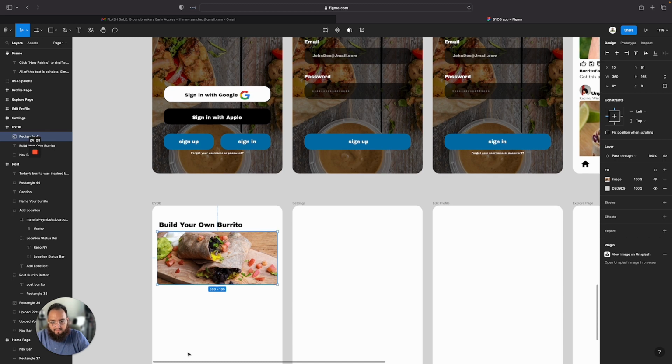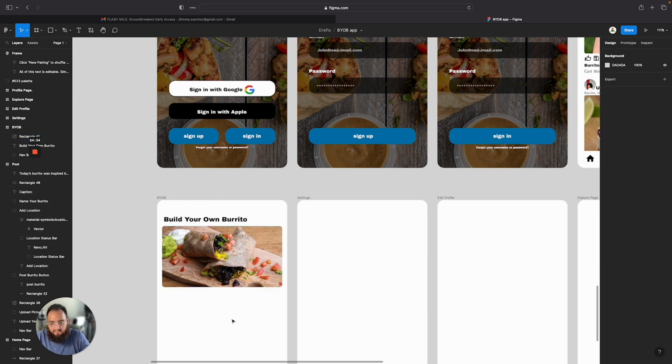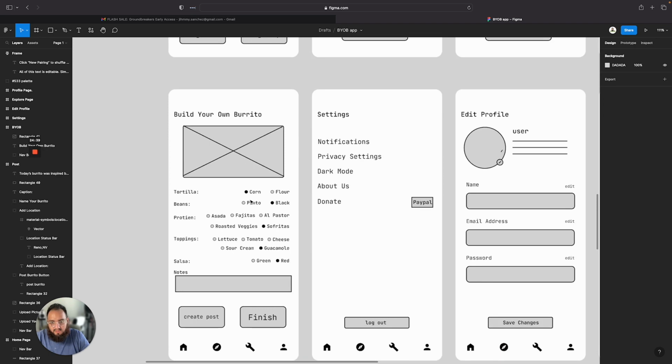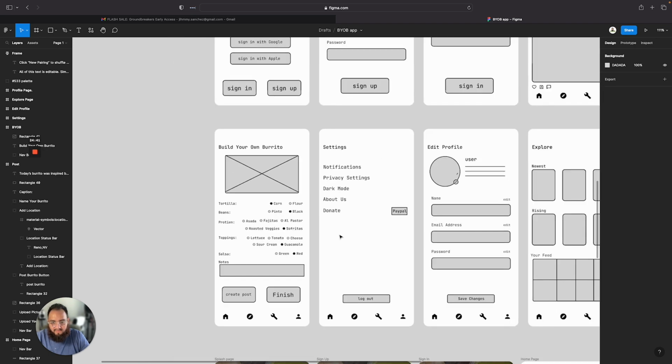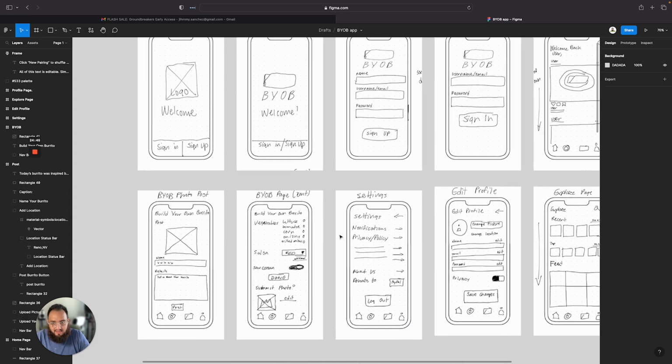Perfect. We won't worry too much about this one. That looks good. Build your own burrito. And now what we're going to do is, let's see, create post, finish. I have it like that. Let's